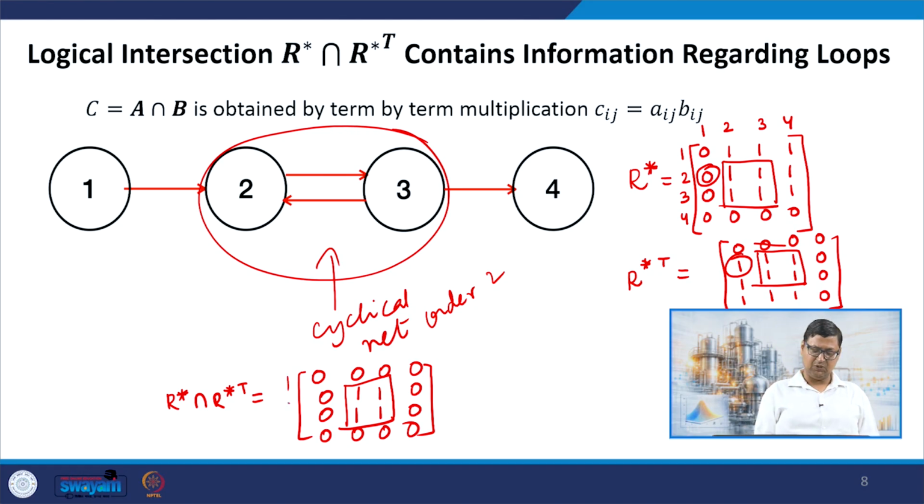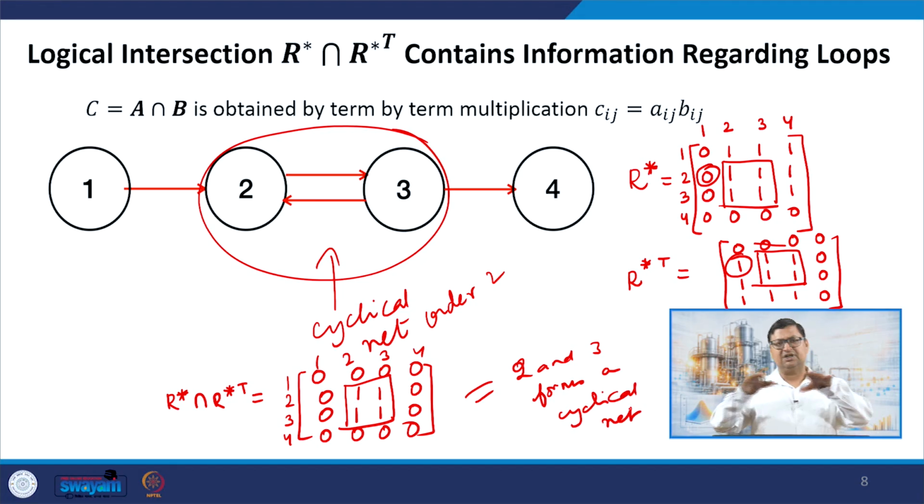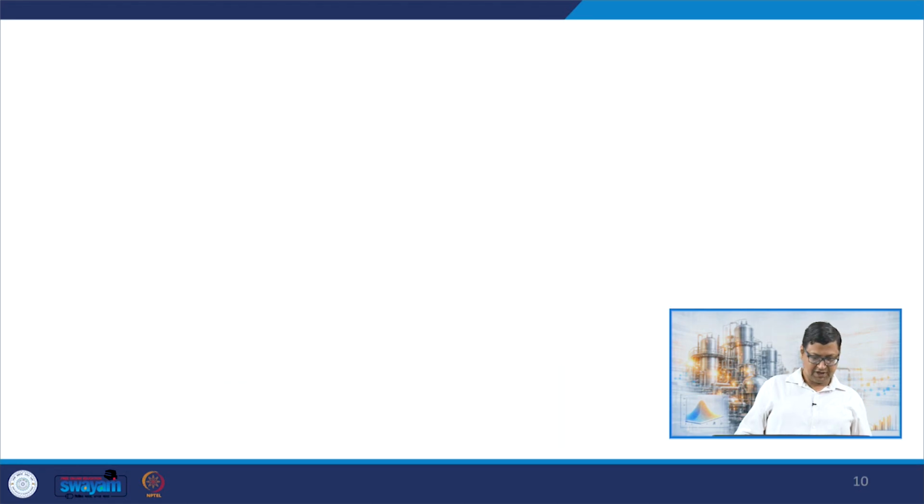In this case, again I do a labeling 1 2 3 4, 1 2 3 4, and this pretty much tells me that 2 and 3 form a cyclical net, and they form a nice square of ones. So 2 3 in this case is going to be an order 2 cyclical net, right? So that's pretty much evident from here. Okay, let us take